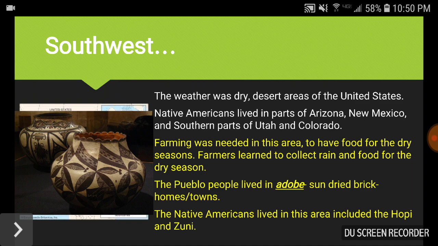On top of also having enough food stored up for the entire year, these farmers also had to collect the rainwater, because if you've ever been to Arizona, it is very hot and very dry. And so what you have to do is collect or basically preserve any water that you can. So when you have no rain for months and months, you have a water source of some kind and you're able to survive and drink water so you can stay hydrated and things like that.